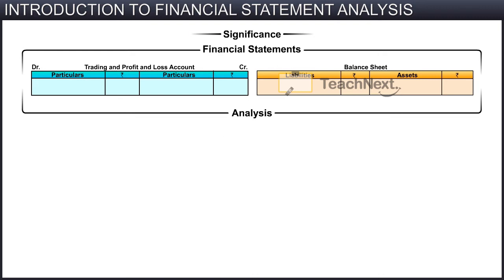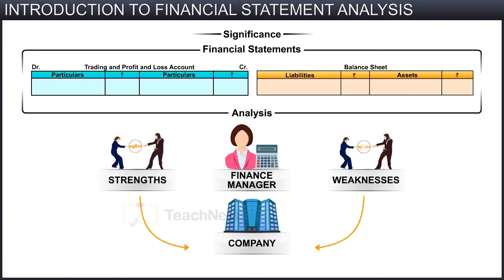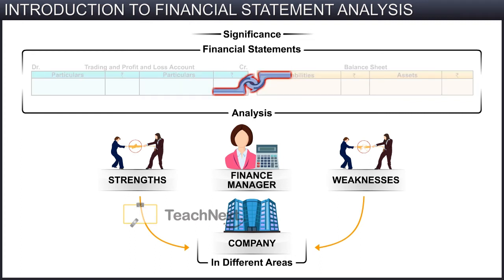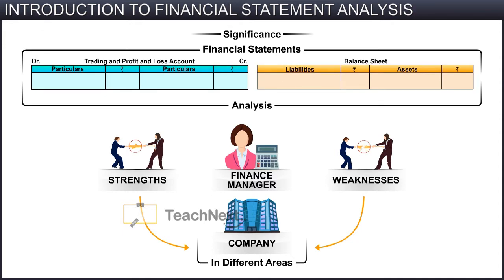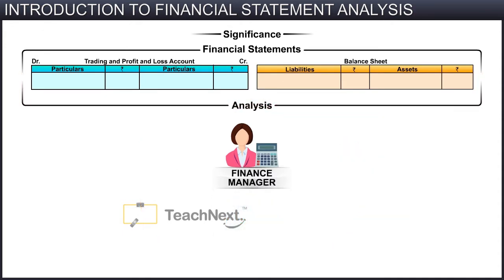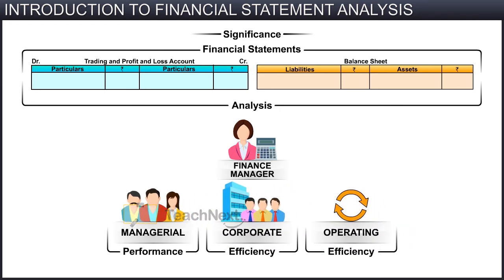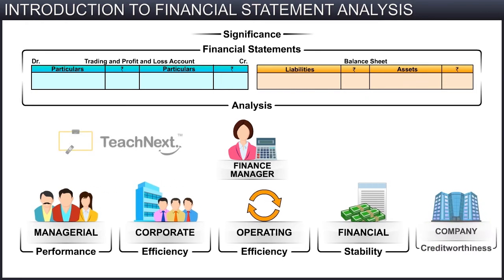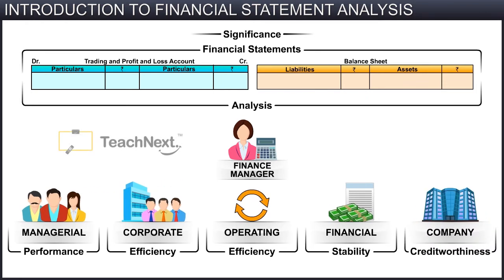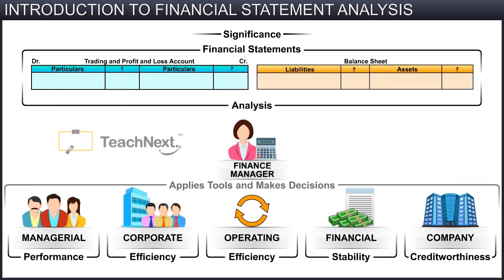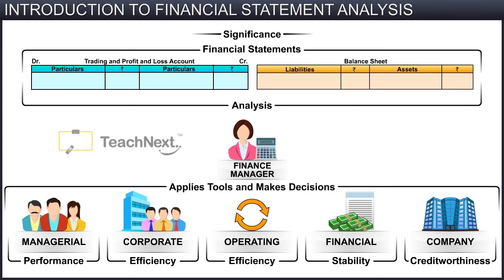Let us first look at the significance of analysis to a finance manager. The financial analysis shows the strengths and weaknesses of a company in different areas. It does this by establishing the relationship between different items in the statements. Further, the analysis also focuses on managerial performance, corporate efficiency, operating efficiency, financial stability, and the creditworthiness of the company. To do this, a finance manager applies various tools and makes decisions based on his or her analysis and interpretation